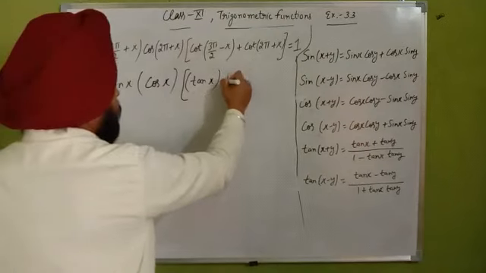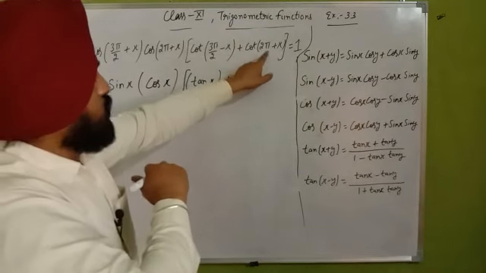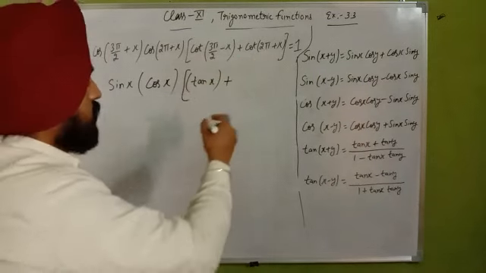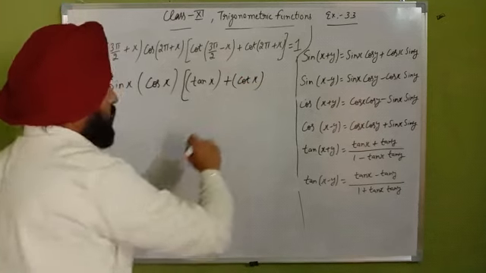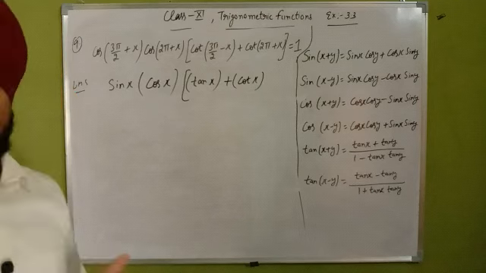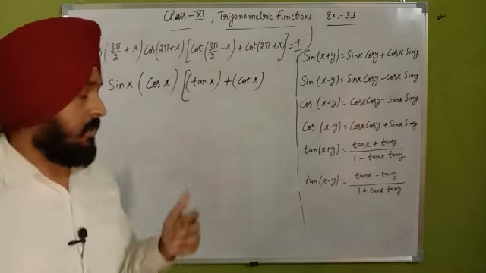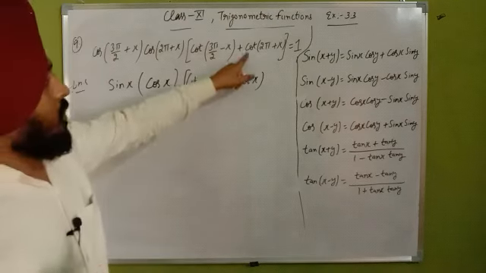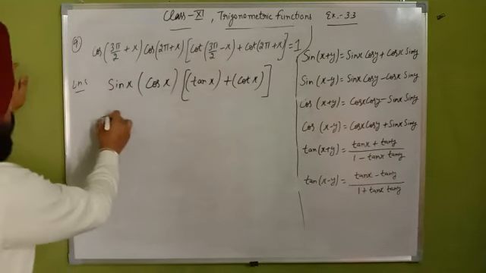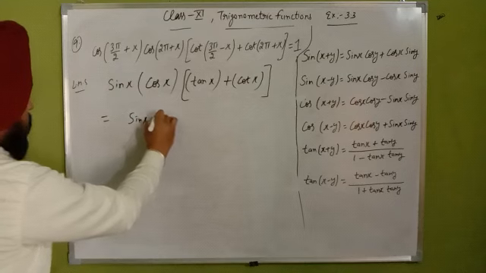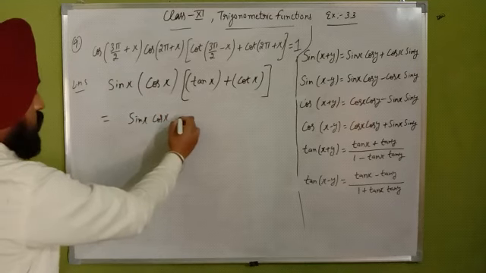Now plus cot 2 pi plus x, a multiple of pi, so cot will remain cot, cot x. Now check 2 pi plus x, that means 360 degree plus theta, the first quadrant, where cot is always positive. Understood? Now in the next step we have to just open the bracket, sin x into cos x,